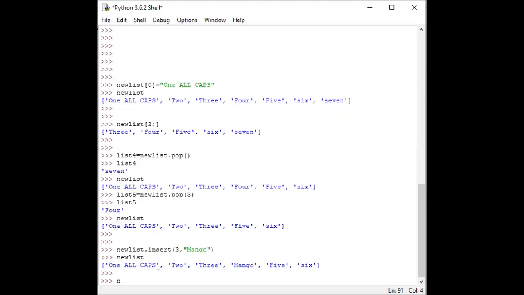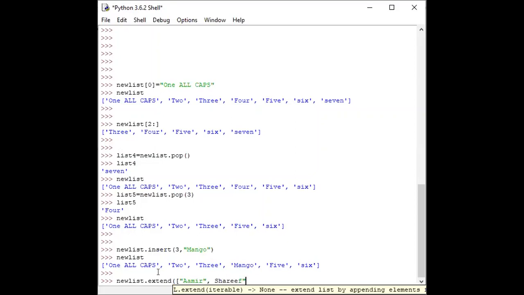For example, my new list is there and I want to extend, and we can extend by placing another list. For example, I want to write here Amir and for example Sharif.